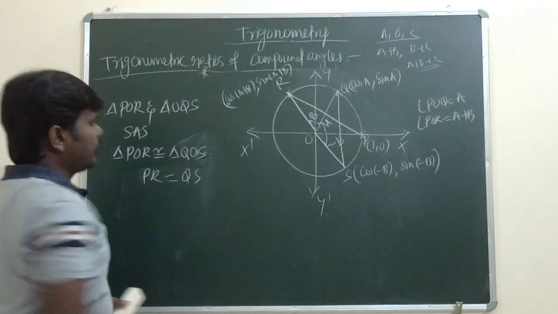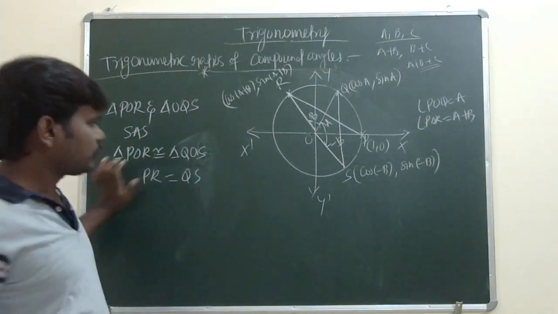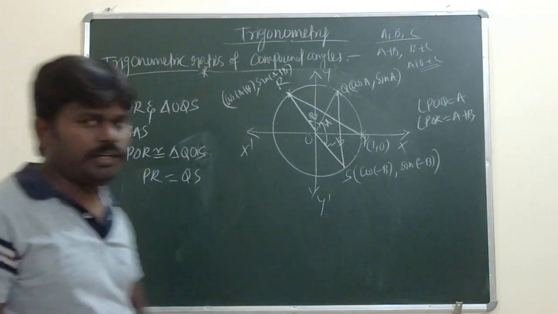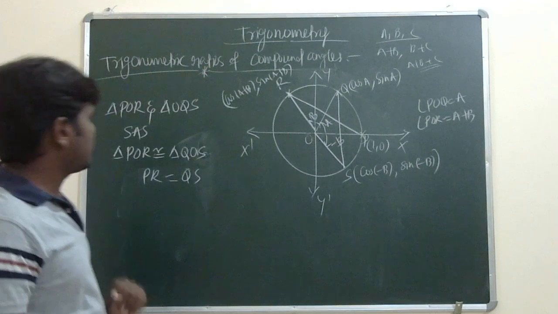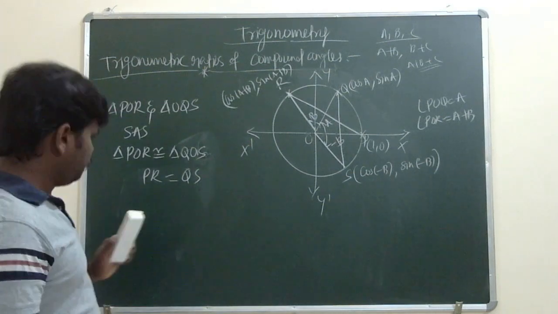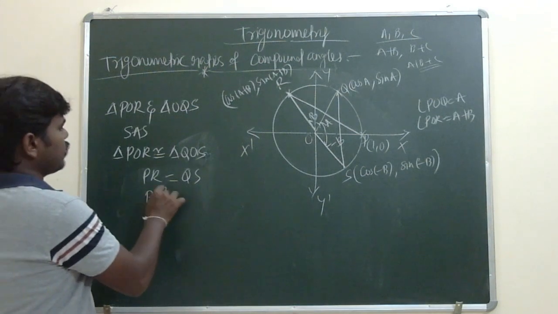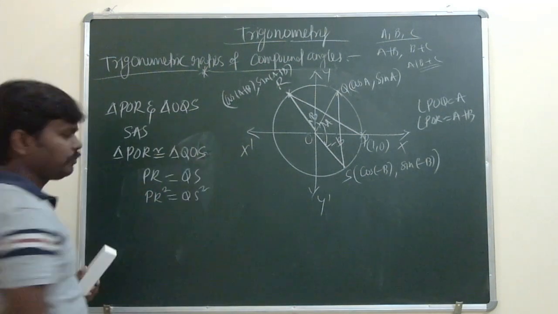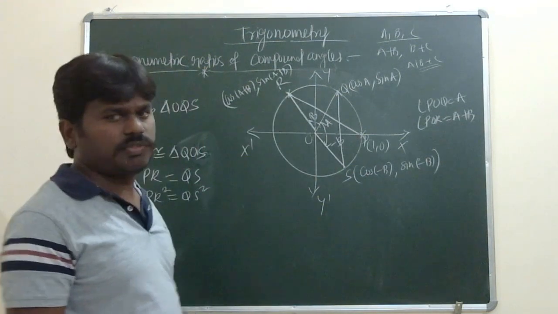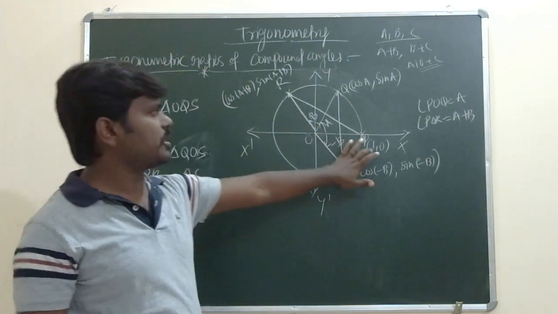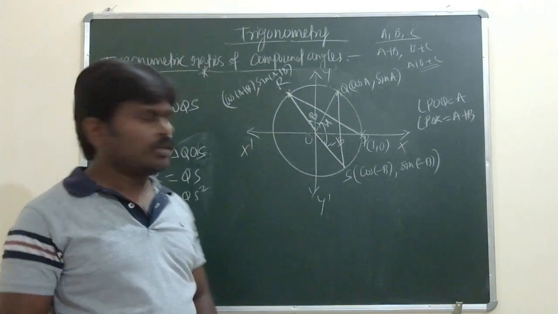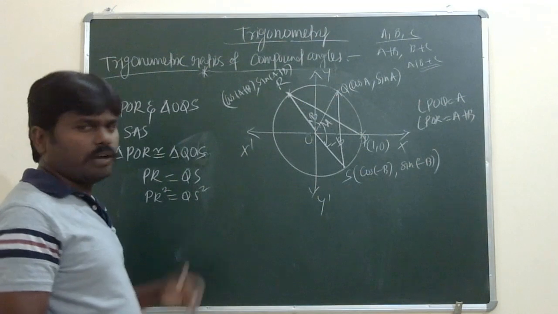So here when you are writing the congruency with the congruent symbol, we must consider the corresponding sides. So here these are the corresponding sides. Now here PR is equal to QS. Okay. So now take the square on both sides. Here PR square is equal to QS square you will get. So here PR square means your distance between the points. Actually PR means your distance between the point P to R, and also QS is nothing but the distance. So to apply the distance formula, I have taken the square on both sides.